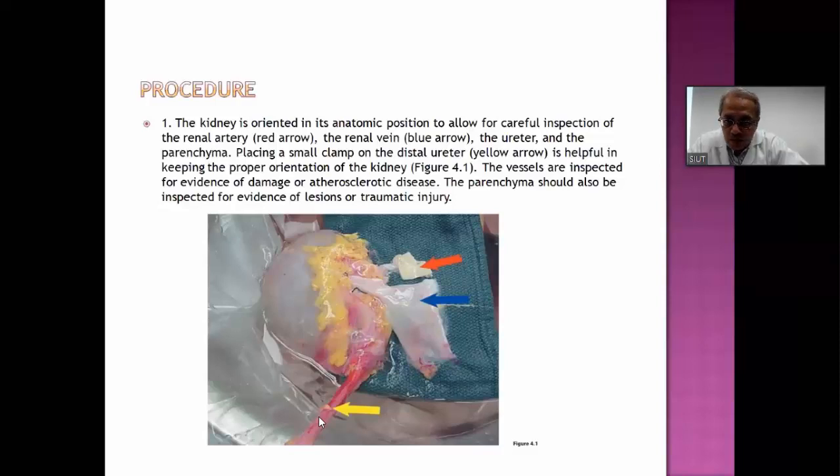So the Carrel patch or the aortic patch is only possible in cadaver organ donation. It is not possible in living donation. So this has to be kept in your mind whenever you want to do transplant, you want to do donor kidney transplantation,